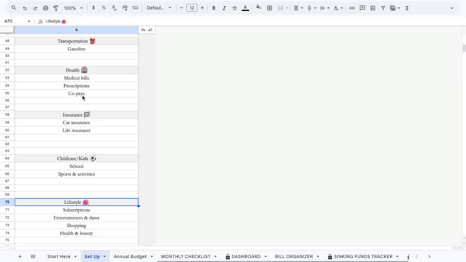If you are not sure what to list, you can look at the last 30 days of transactions in your bank account and just come up with a budget category for each transaction. And you may also come up with more budget categories as you go through the year and start tracking your budget more closely. You can add new budget categories at the bottom of the list, but you should not change